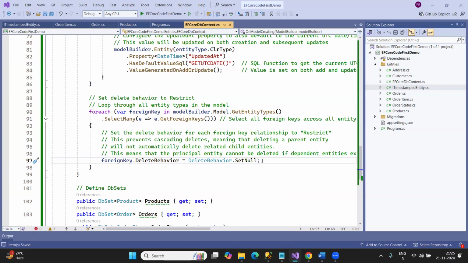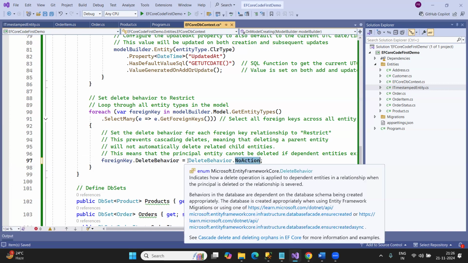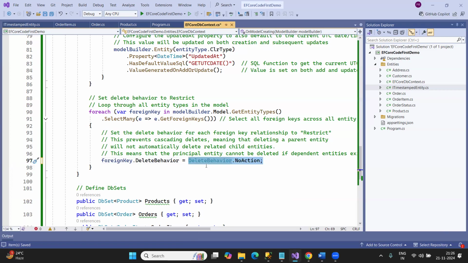That foreign key is going to be set with a null value. But the condition is that the foreign key should accept null values, otherwise you will get a constraint violation error. And the last one is NoAction. NoAction is the default action. Default action means what is the default behavior? The default behavior is that whenever the parent entity is deleted,